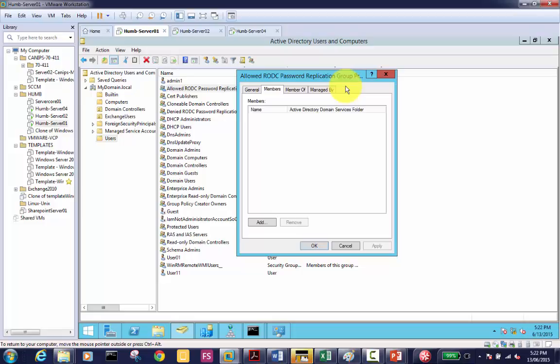Supposing that we have another RODC in this site, which is a child of this domain. What if we add a user here? Is it going to be added to the RODC there also? It is not possible. You can't have it. Didn't you hear? What I was saying was that this is not possible. Anyway, so, yeah, what I was saying is,